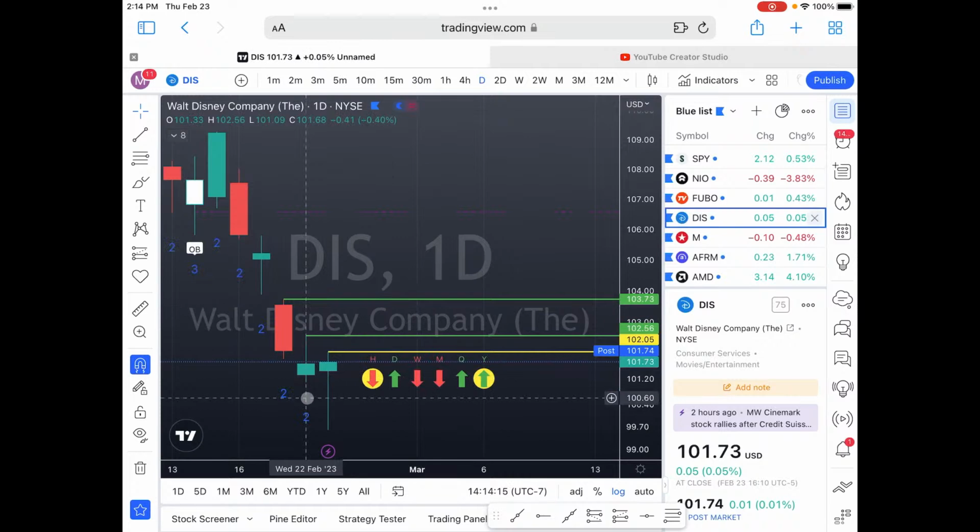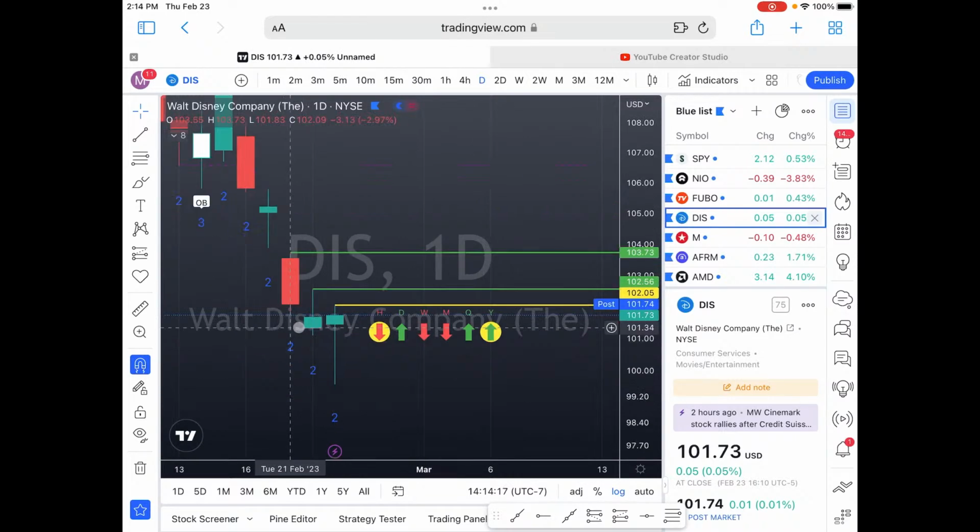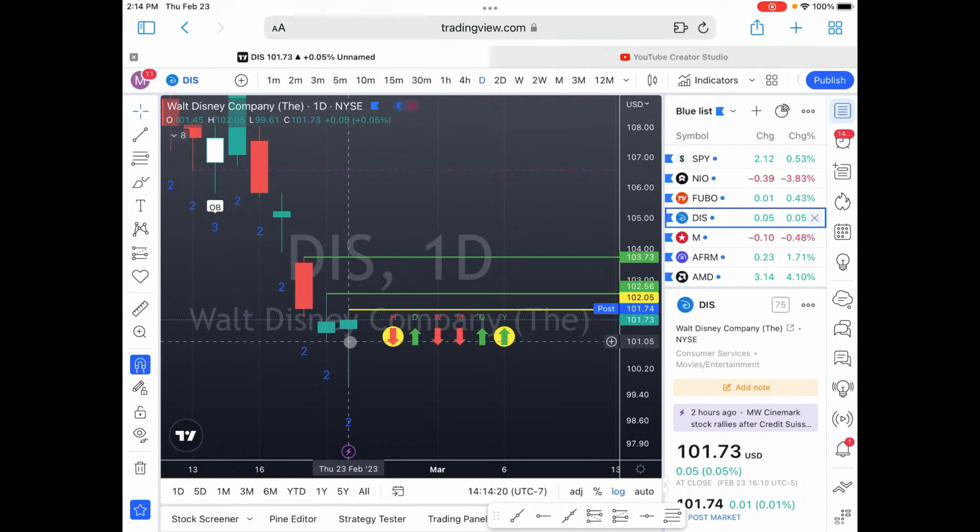There we go, Disney, 2 down green. So a 2 candle, ladies and gentlemen, a 2 candle is a directional candle. So we only break